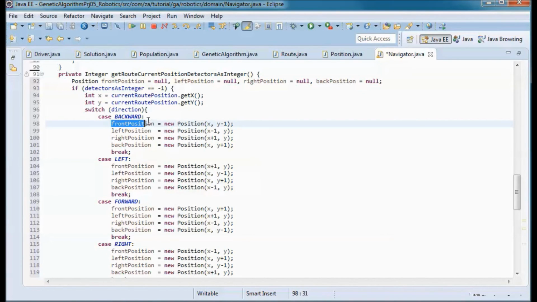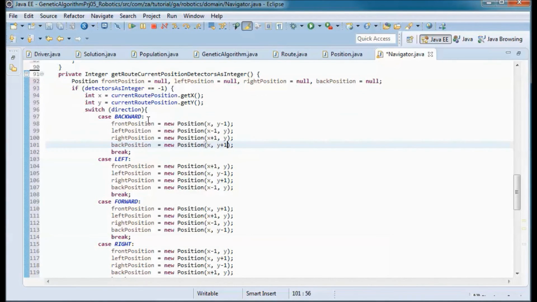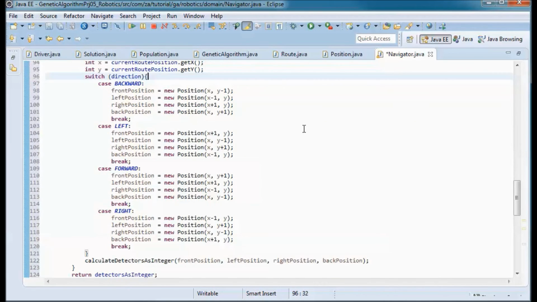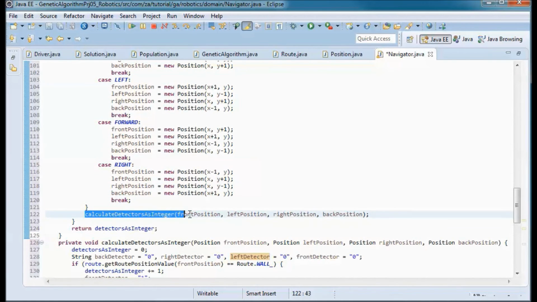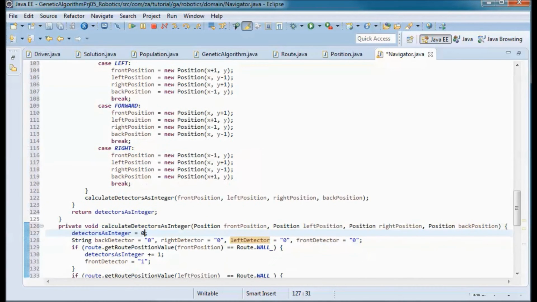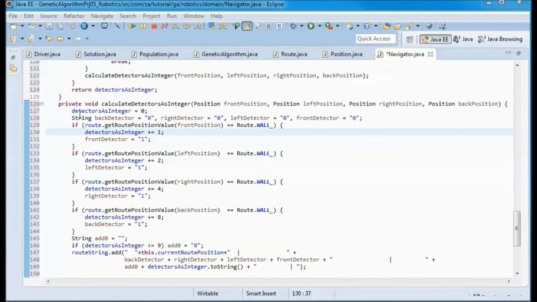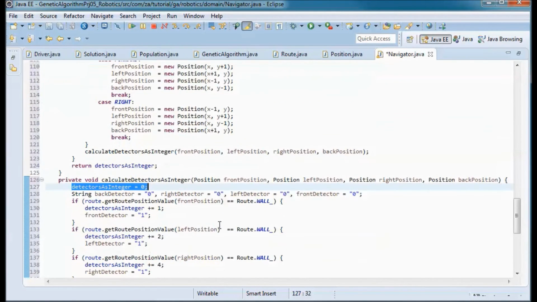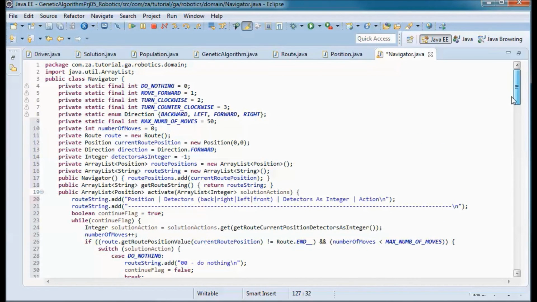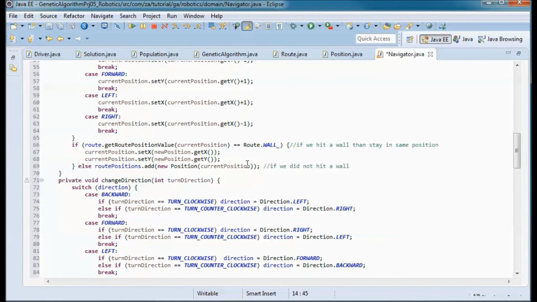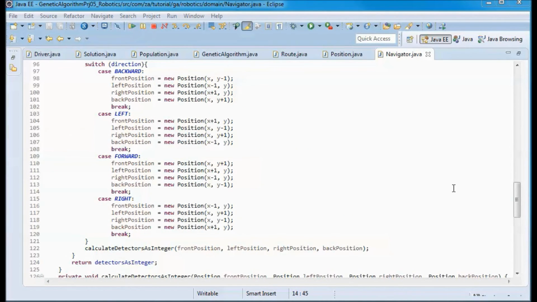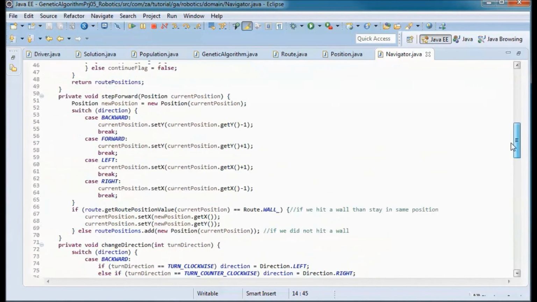So here we pick up the front position, left position, right position, and back position depending on what the direction is, and we pass it to the calculate detectors as integer, which would return, or actually it would set the detector as integer that we defined over here. So this should do it for this class.